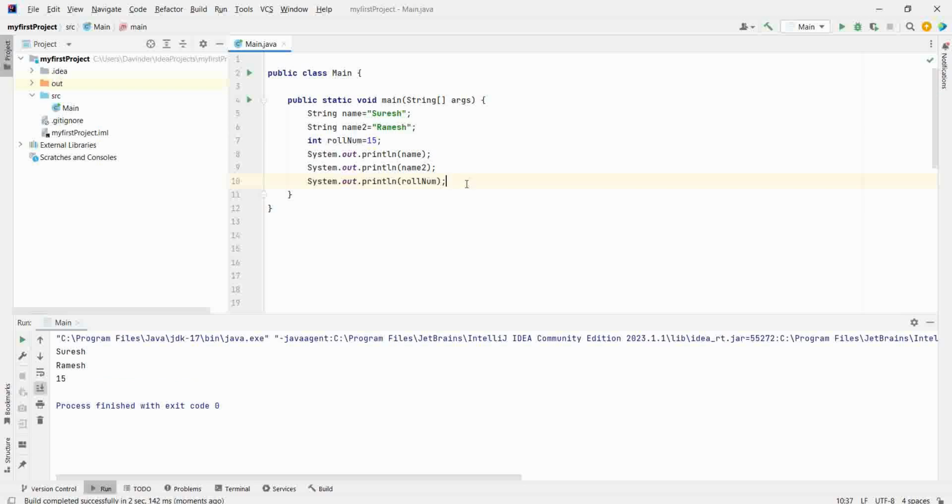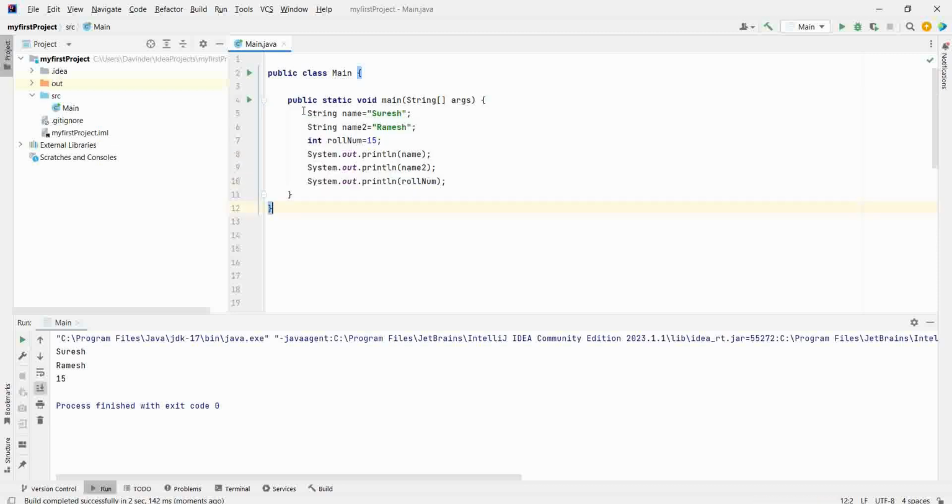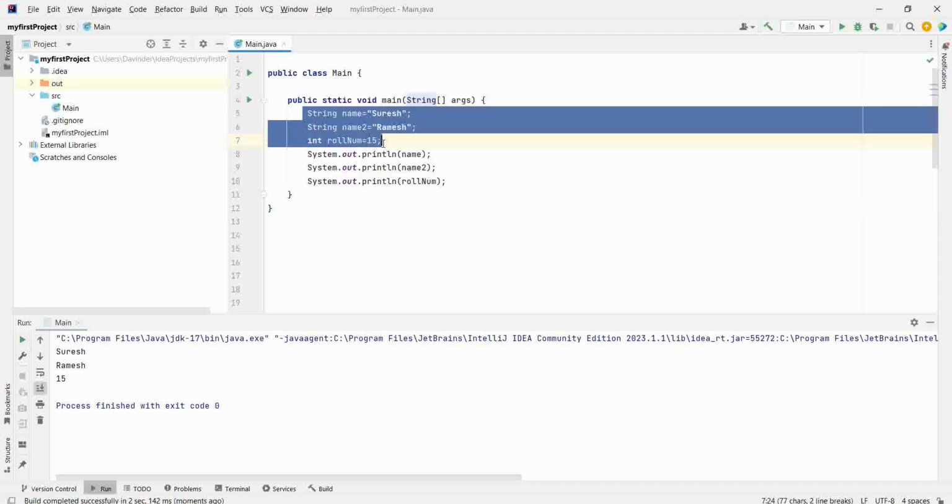Now, there are three types of variable. Number one type is the local variable. A local variable is any variable which is defined inside the method. So these variables are local variables. Suppose I have created one new method.